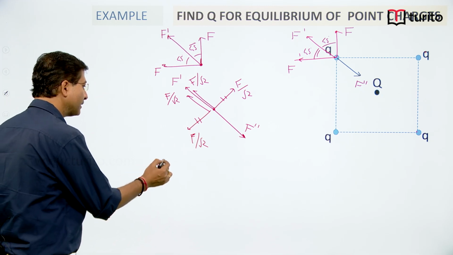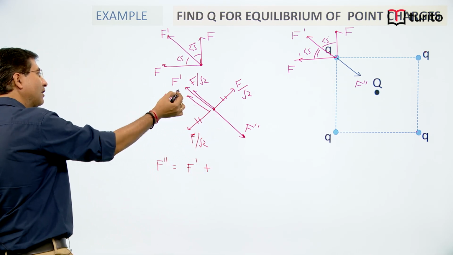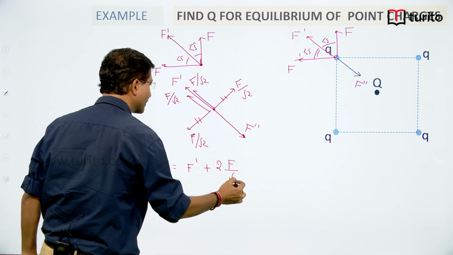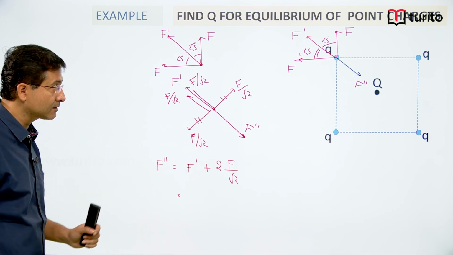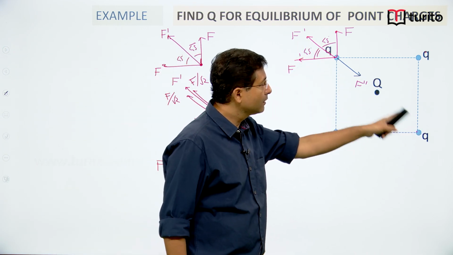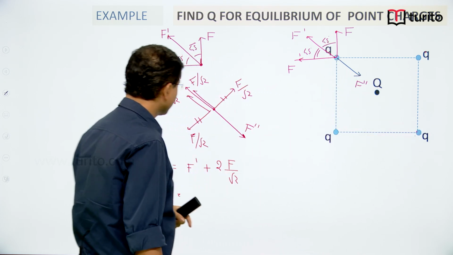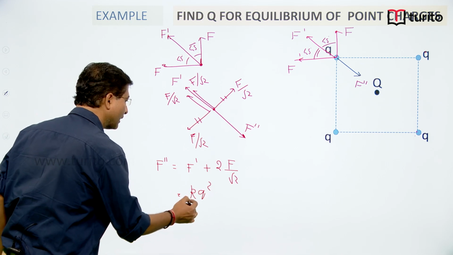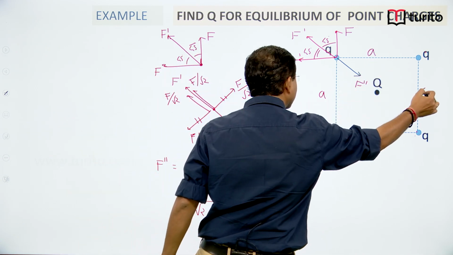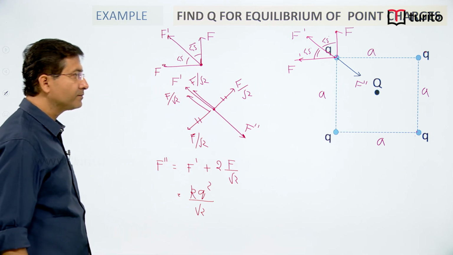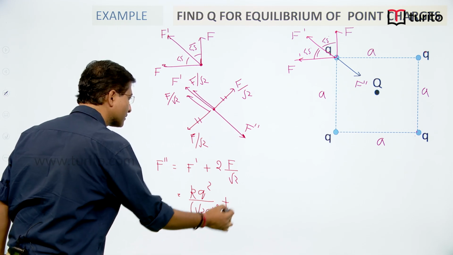So what I can write, F double dash must be equal to F dash plus F by root 2, that is 2 times F by root 2, and F dash, the electrostatic force of interaction between small q and this q, is k q square divided by root 2 a whole square, if I assume the separation to be a, charges are placed at the vertex of a square, plus 2 times